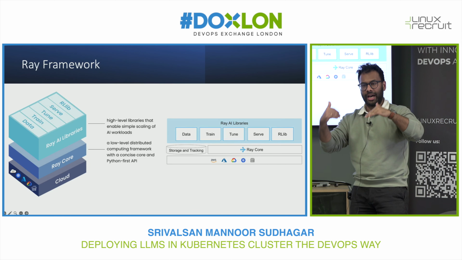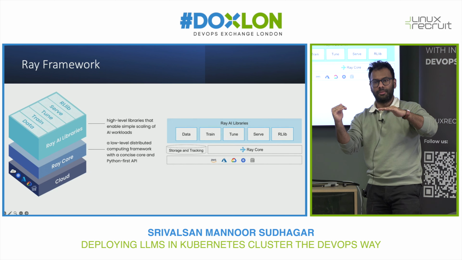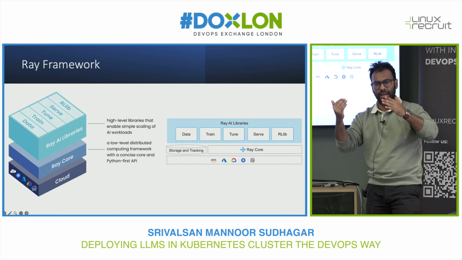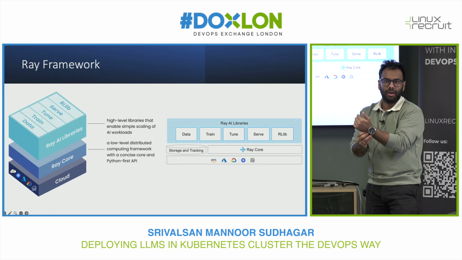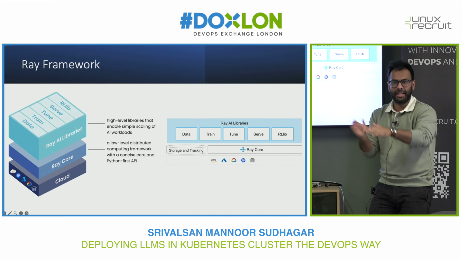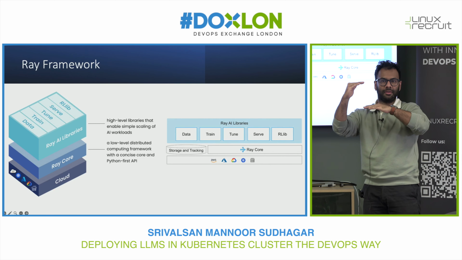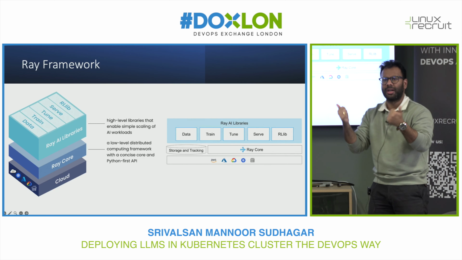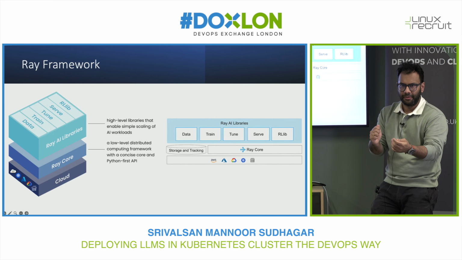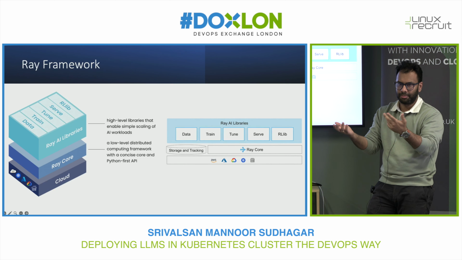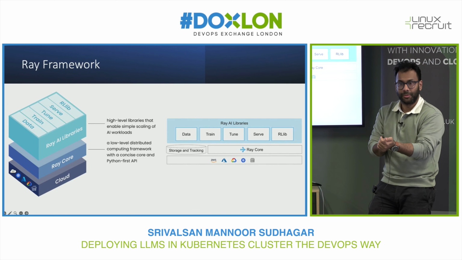But where Ray comes in is how you orchestrate those machine learning models, and then you have the underlying GPUs, which are provided by NVIDIA or other services. Ray sits on top of the Kubernetes cluster, where it helps you serve the machine learning models. Now it comes down to the question of why we need Ray to serve the machine learning models if we have other clusters. Why don't we serve those against a Kubernetes cluster?